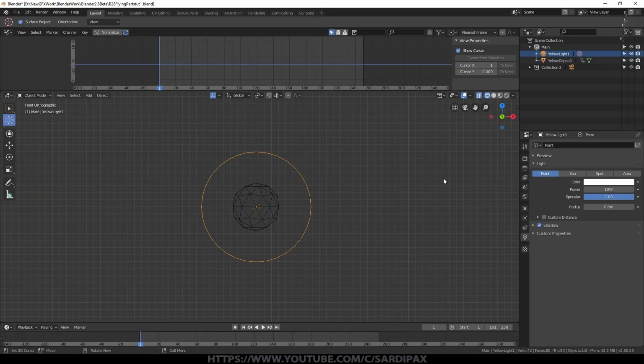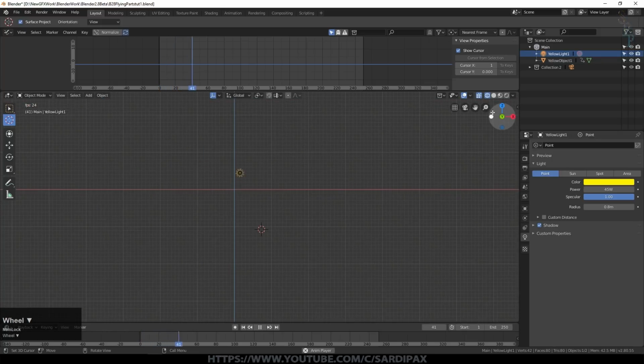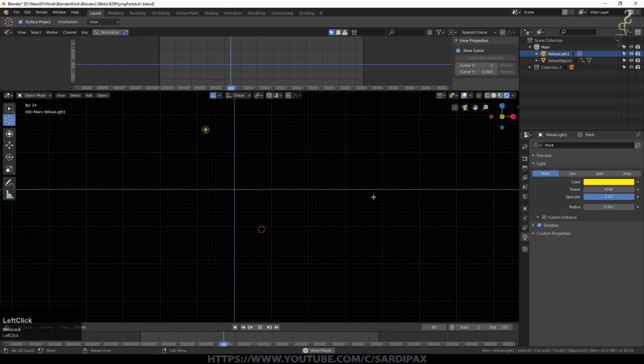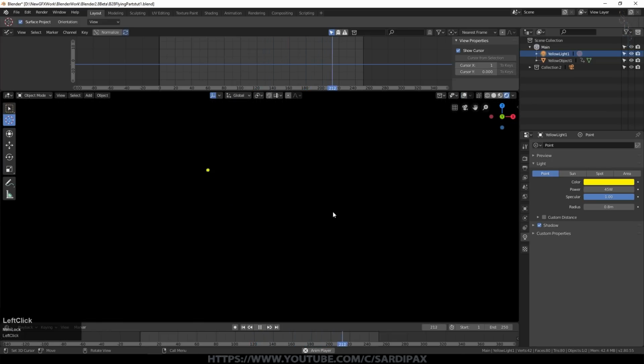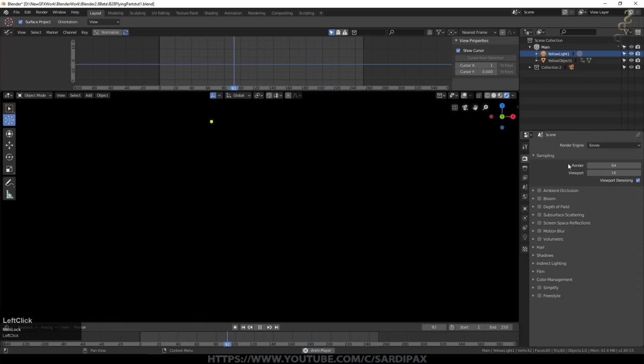In Cycles you can turn an object's ability to cast shadows off, but I don't think it's quite as straightforward in EV. Interestingly, the power appears to be in watts, so I'm going to turn that up to 45 watts, but I'm going to leave shadows on. And of course we'll make it a nice yellow light. So let's quickly go to EV and see what that shows us at the moment. If you click here, you can turn off the overlays, so you just see what the camera would actually see. And obviously we can turn on bloom again, and there's our object. So let's stop that.